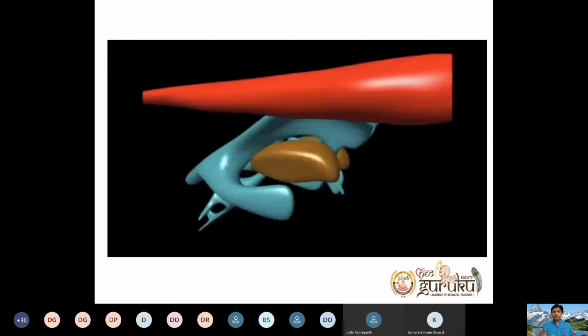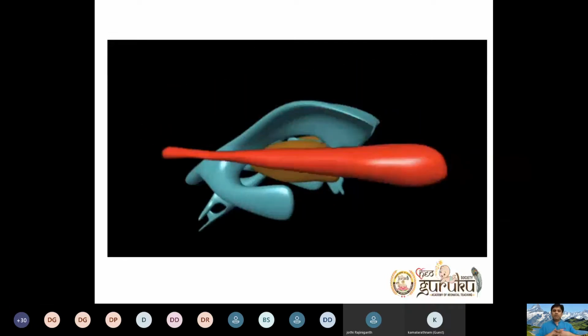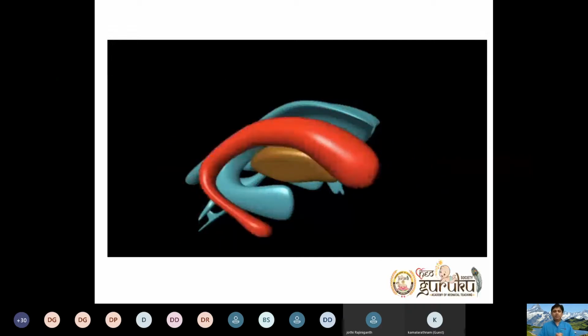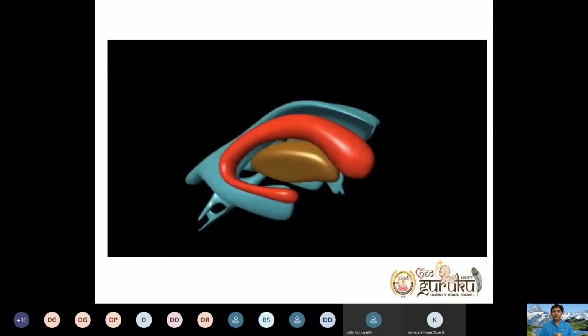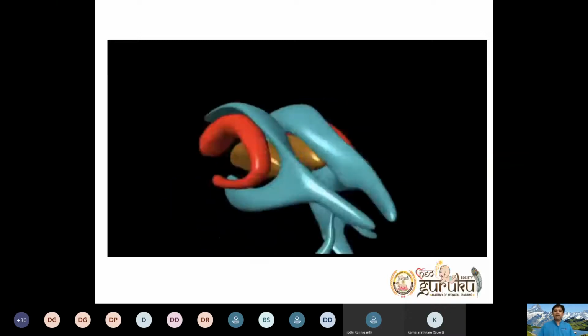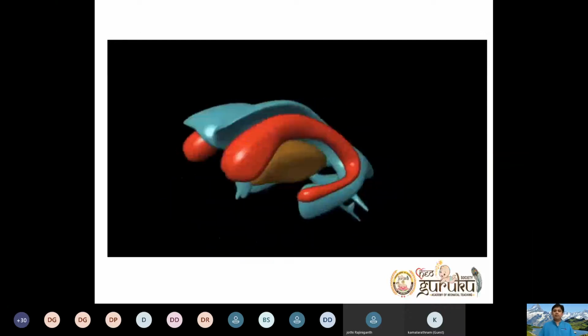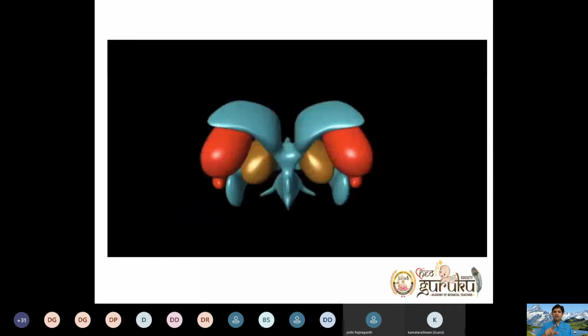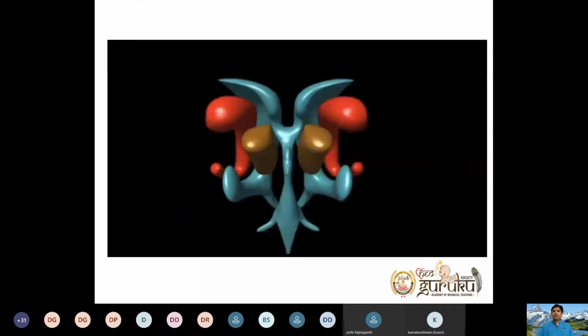This is how it looks. Now we are adding caudate nucleus, which looks like a red chili, which you have to bend across the thalamus. So that is what we are trying to do now. So we have taken the caudate nucleus, the placement of caudate nucleus on both the sides. You can see it is encircling around the thalamus, superiorly encircling around the thalamus. There's a gap between thalamus and the caudate nucleus.